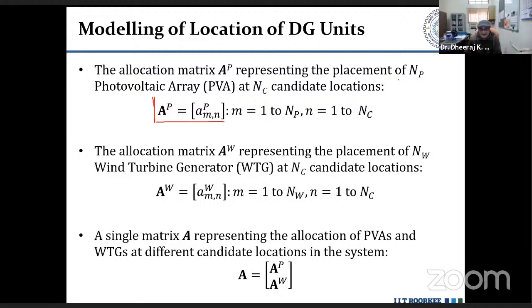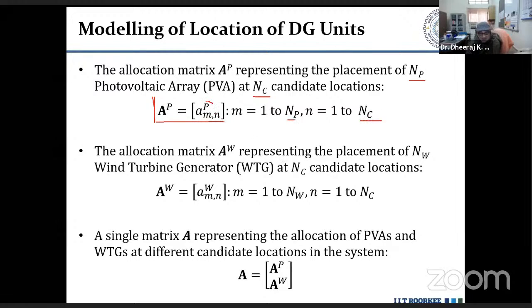Suppose we have NP number of different photovoltaic types, or we can say NP number of photovoltaic arrays by different manufacturers, and we have NC locations at which we have to place these NP photovoltaic arrays. So we can have a matrix of size NP cross NC,